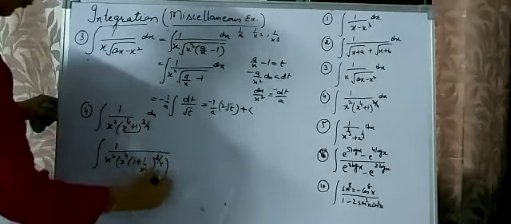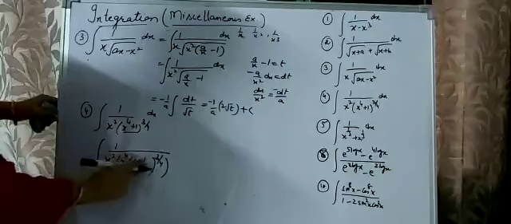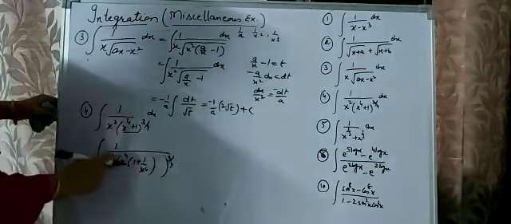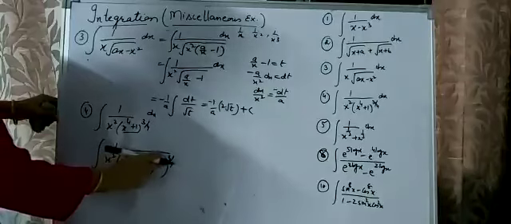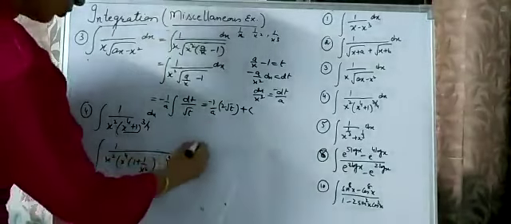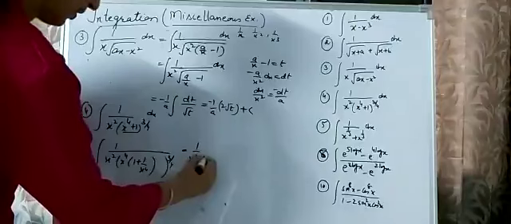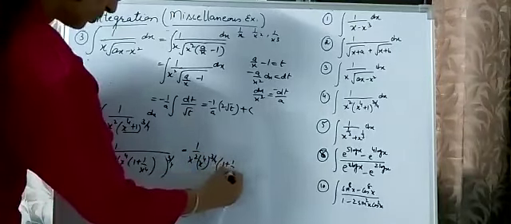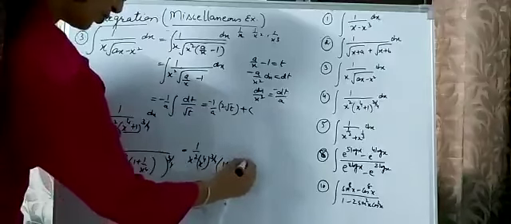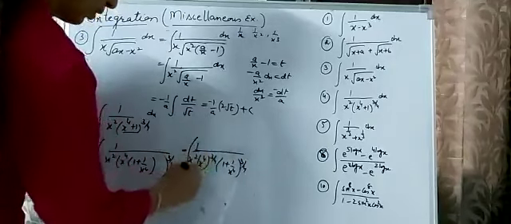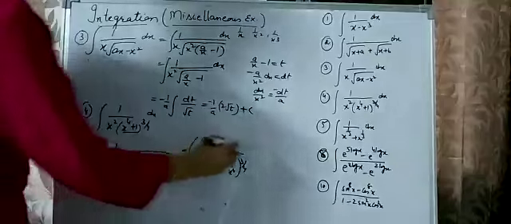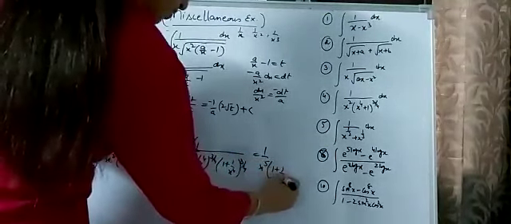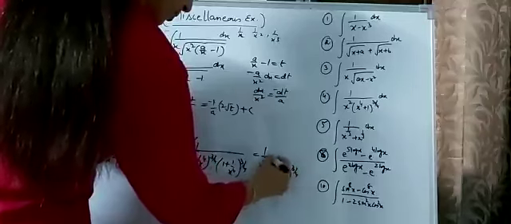See, now if you take x raised to 4 common from this bracket, so this x raised to power 4 comes with the power of 3 by 4. So you will get 1 upon x square, x4 raised to power 3 by 4 and 1 plus 1 by x4 raised to power 3 by 4. So this will become x cube and x square. This will become x raised to power 5, 1 plus 1 by x raised to power 4, 3 by 4.